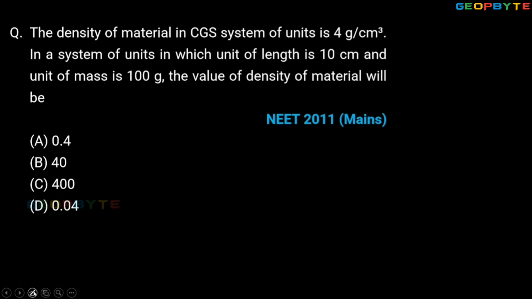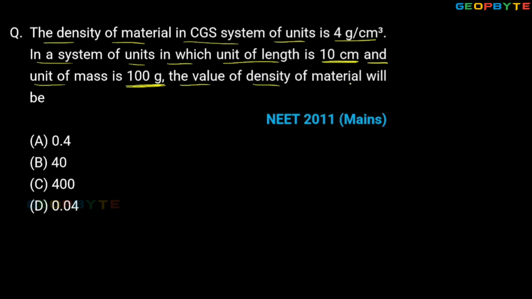Similarly, let us take another important problem. Okay, look at the screen. It is asking like this: the density of material in CGS system of units is 4 grams per cm cube. In a system of units in which unit of length is 10 centimeters and unit of mass is 100 grams,